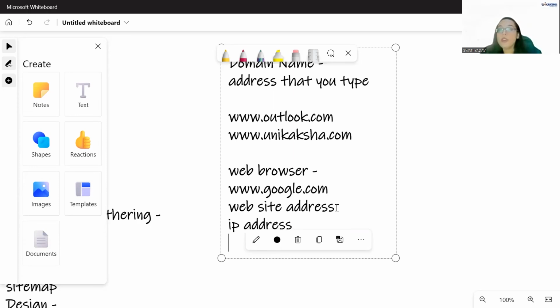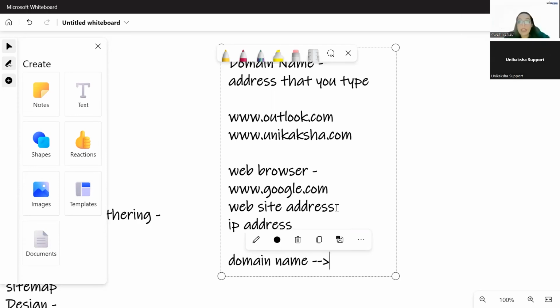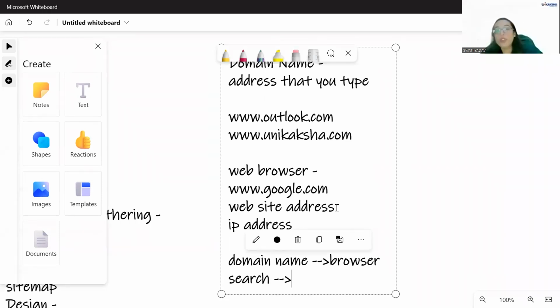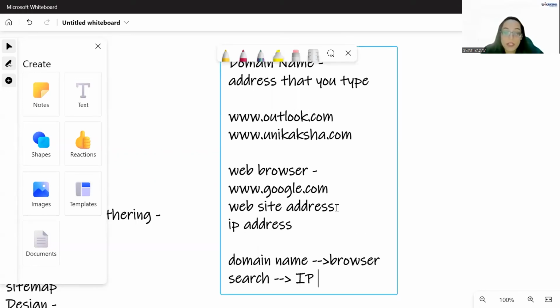So when you type in a domain name, your web browser is actually conducting a search, or an inquiry, you could say, and it starts to look up the IP address tied to the domain name.